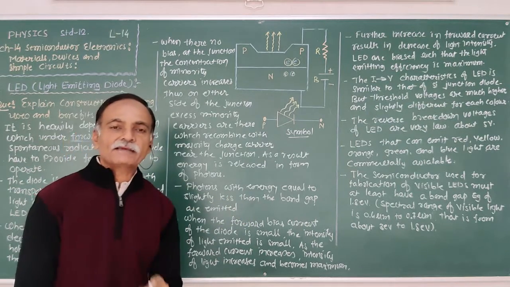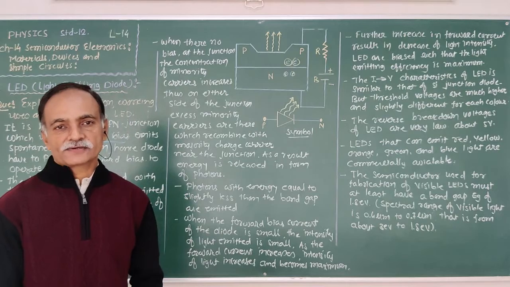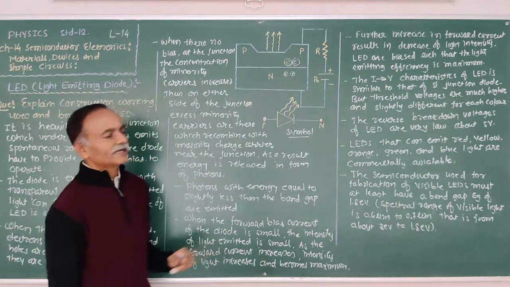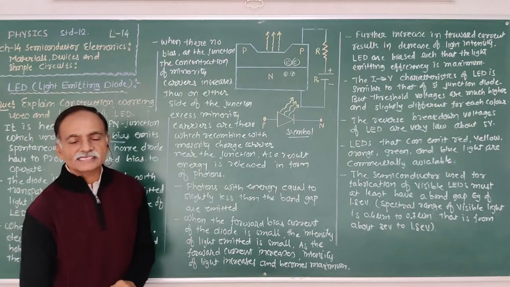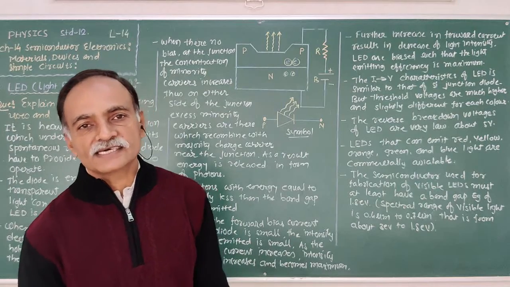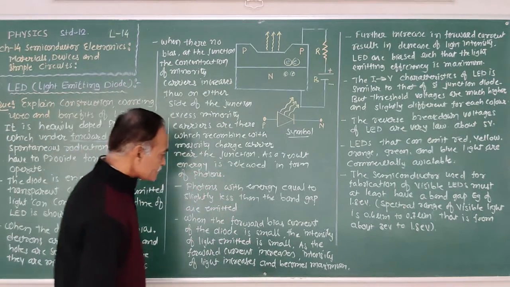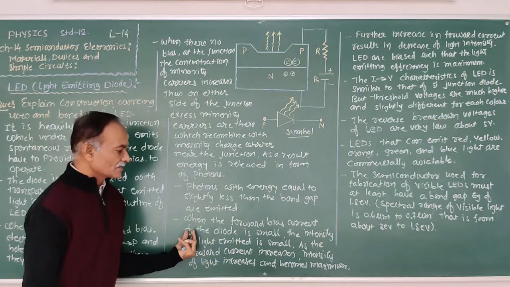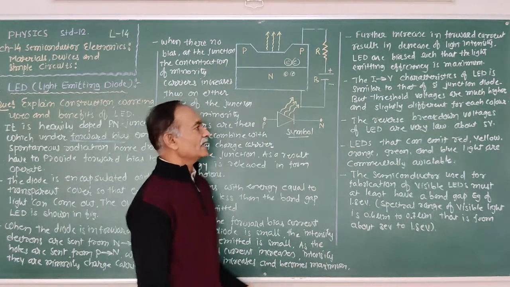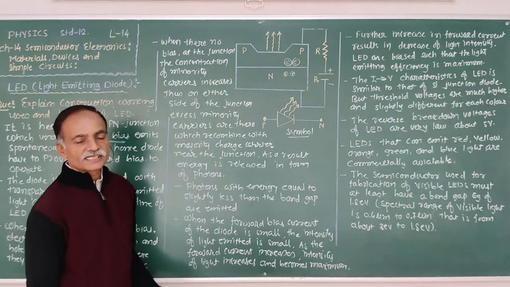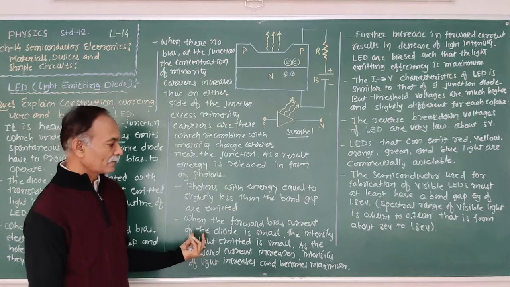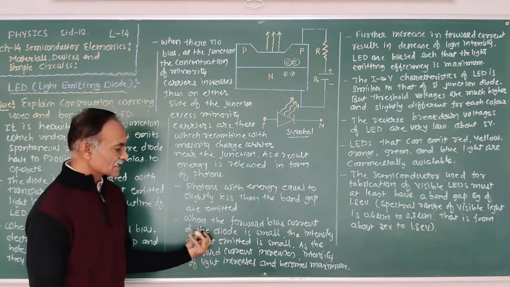What is the band gap energy for this PN junction diode? This energy is released due to the recombination of minority charge carriers in a particular region with the majority charge carriers. When the bias is connected, current starts to flow, and that is known as the forward bias current. When this forward bias current of the diode is small,